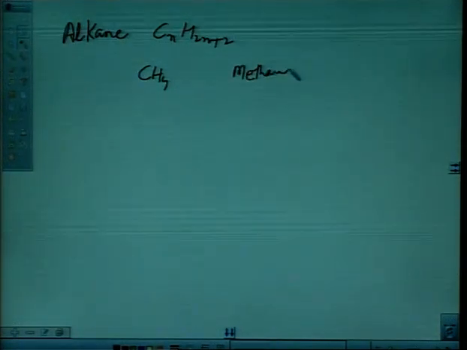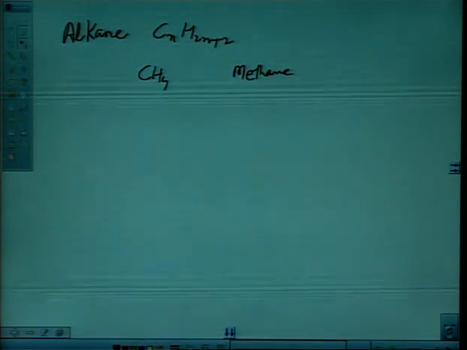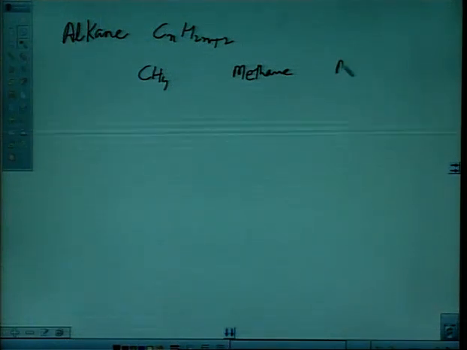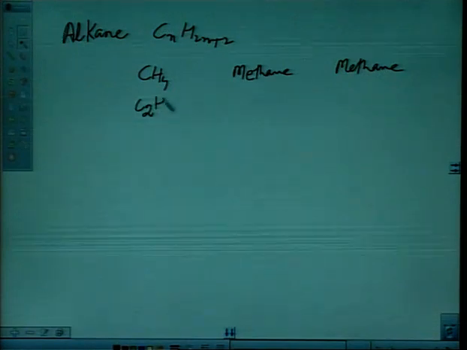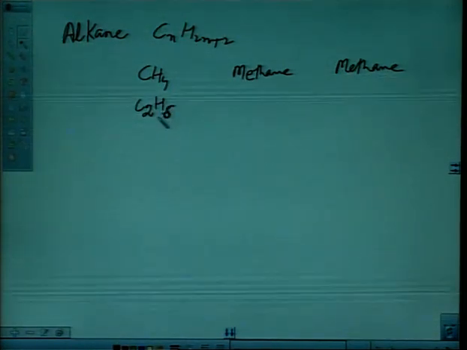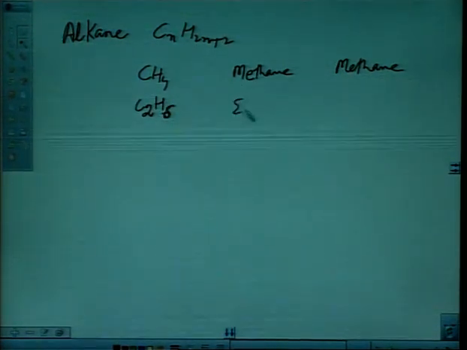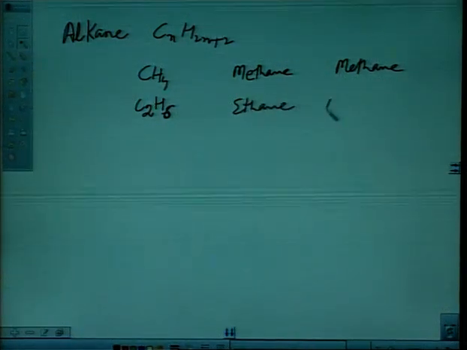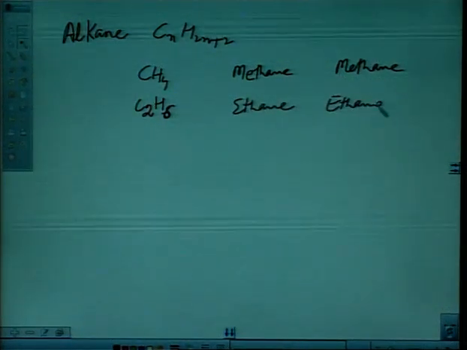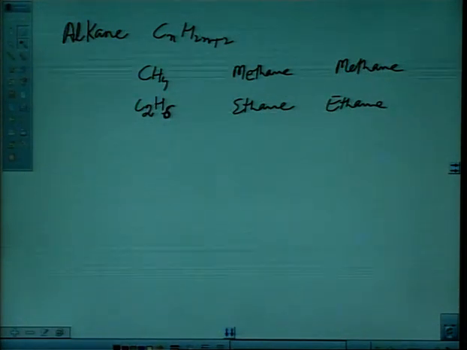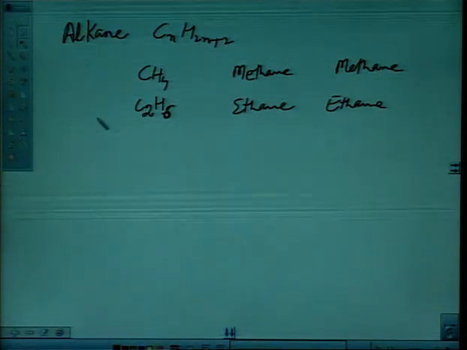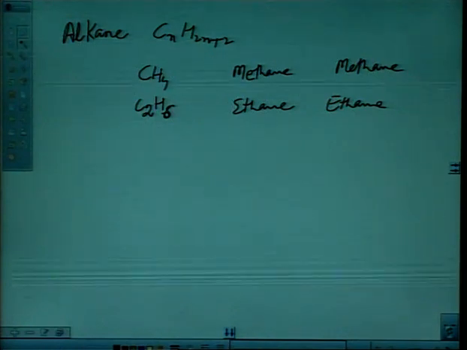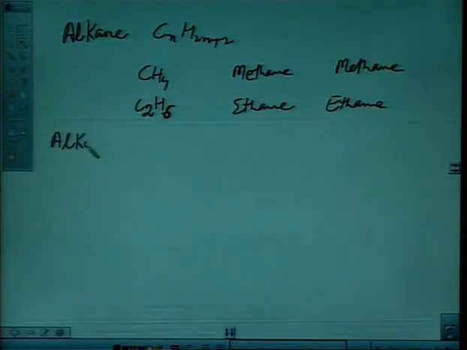methane or marsh gas and the IUPAC name is also methane. C2H6, the common name is ethane and the IUPAC name is also ethane. Accordingly, the prefixes are methyl and ethyl. So if I write alkene,